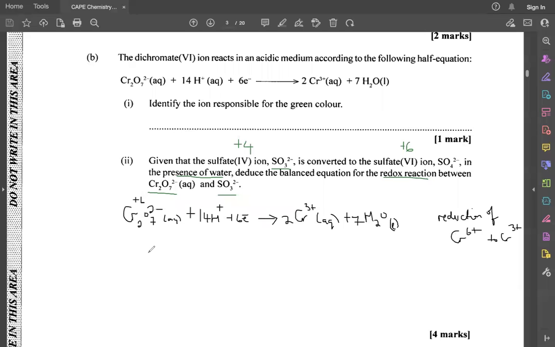And then the other one that we're going to write is for the sulfate 4 ion going to sulfate 6. So that's our oxidation half. So we're going to write SO3 2- aqueous plus water, because they told us that when it's in the presence of water, we get this conversion to the sulfate 6 ion, which is SO4 2- aqueous,